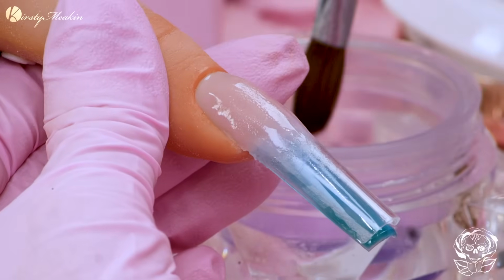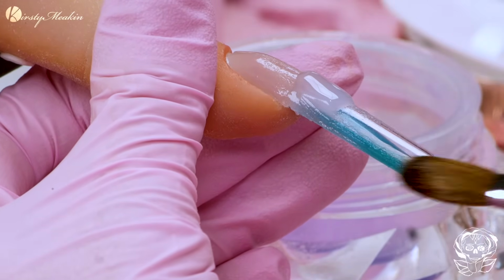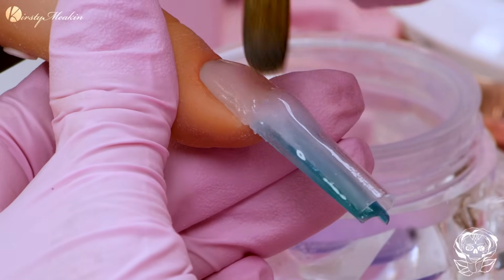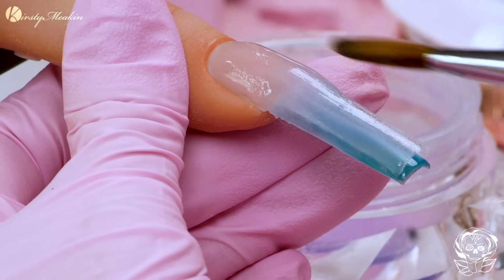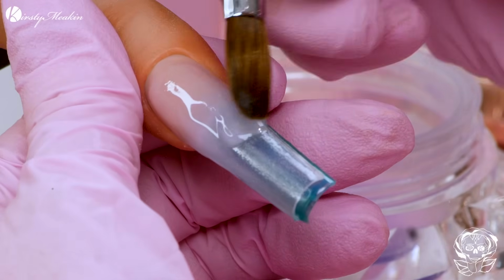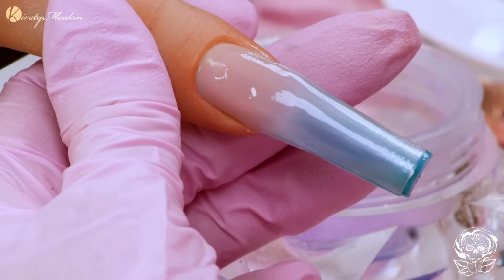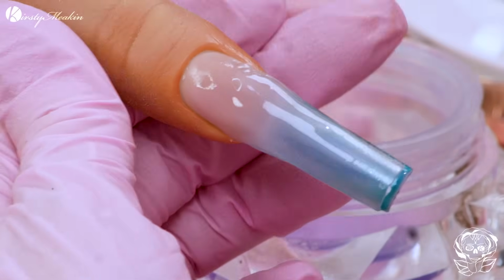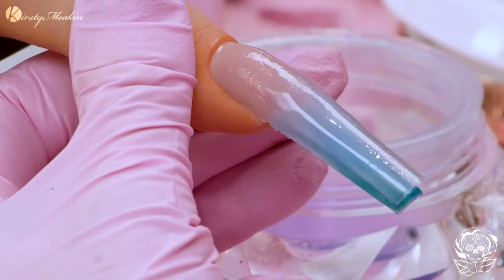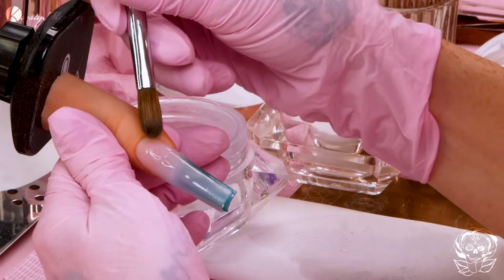Right, so we're going to put acrylic in with the clear, so this is glass slipper, over this. Quite thin. We're making sure this edge is sealed. Do not worry if you file through to the tip a little bit once you file, because we've got quite a bit of room to file and it won't destroy it. Obviously you want to be careful, you don't want to file through to the actual chamber. But we're still trying to keep this nail looking. We don't want to have this humongous thick